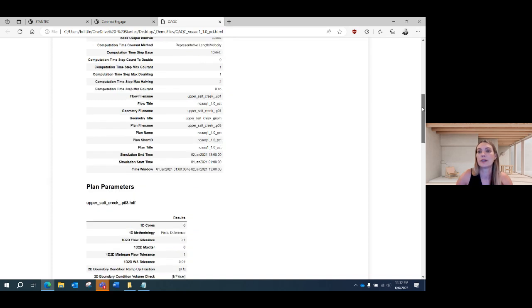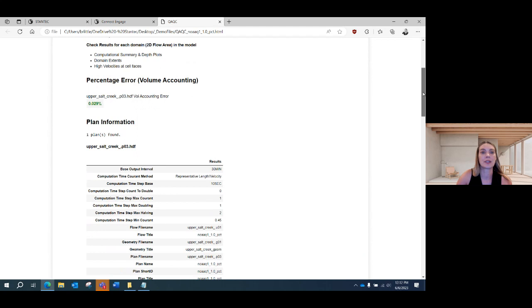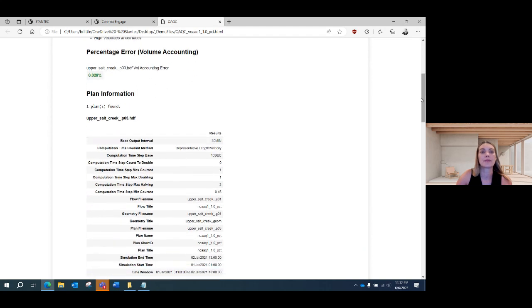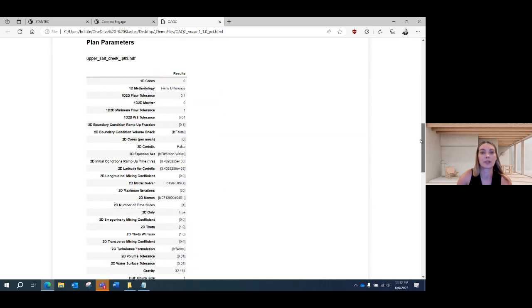When the model is complete, it will run the quality report check. This is a global kind of check to bring everything into one central location to help facilitate getting to that final model. So we do include the percentage error volume accounting. We include all the plan information and settings that were set up in the plan and the plan parameters.